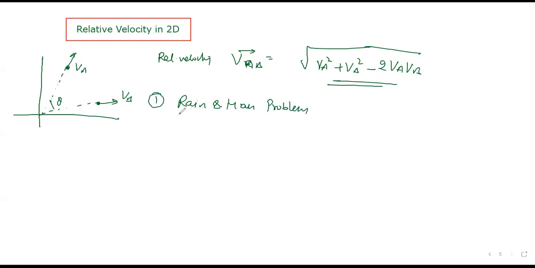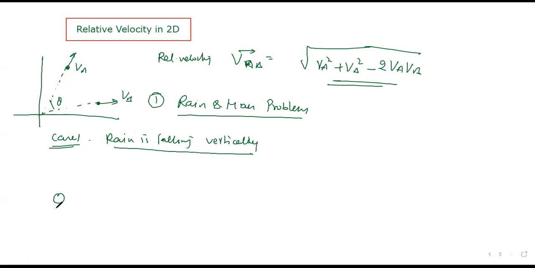Again, we can have two cases. Let me talk about case one first. We assume the rain is falling vertically, and generally we'll talk about this case only if they don't say anything. Suppose a man is at rest, not moving, and the rain is falling vertically. So the rain will fall vertically on this man. The relative velocity of the rain with respect to the man will be exactly the same, no change, because the man is not moving.